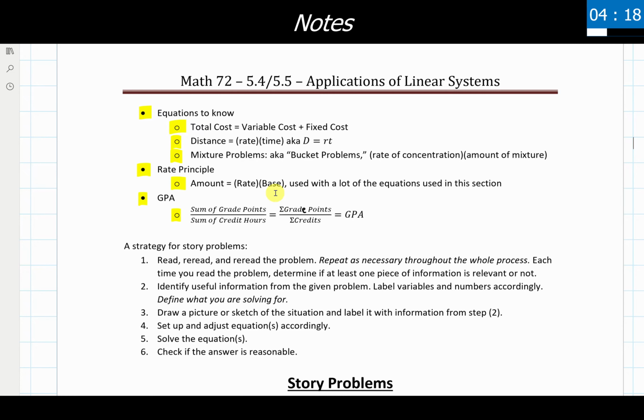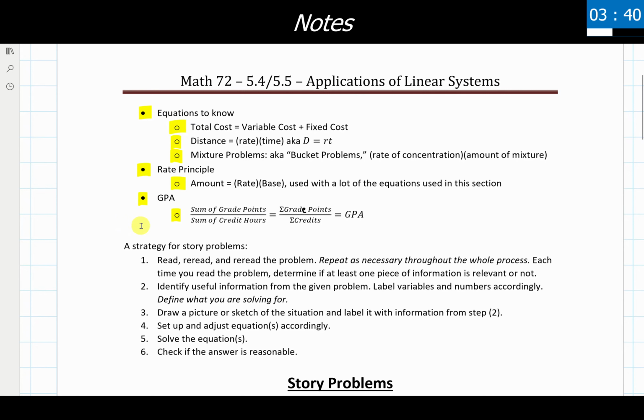So this can sometimes be seen as work equals rate times time, the amount of, maybe this is how many gallons of water have been siphoned out of a boat or something, or how many logs have been moved from one part of the forest to another for a forestry thing, something along those lines. But the rate principle is the most generalized version of the distance equals rate times time problem. It follows the same idea, but it generalizes and can be used in a lot more varying scenarios.